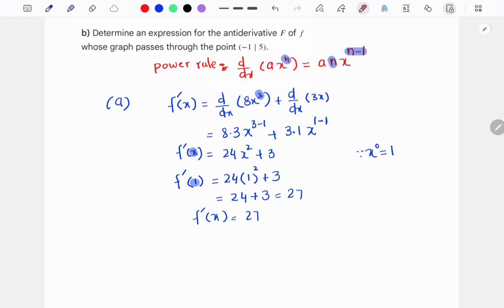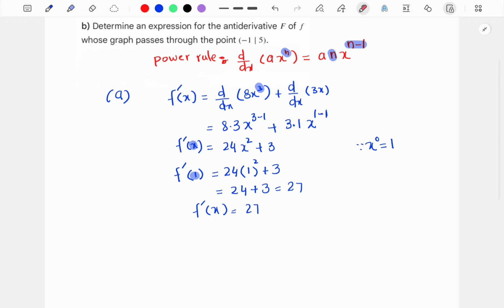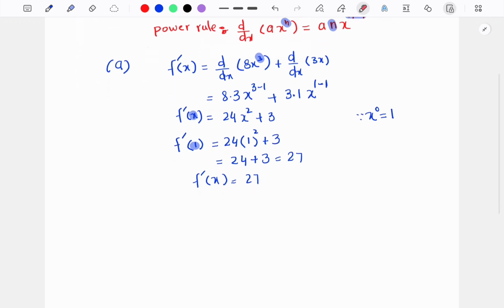So here we can find an antiderivative F of x by integrating f of x. It means we have to integrate f of x, and it will be the antiderivative. Actually, integration is the reverse of differentiation. So one thing is very noticeable over here when we are integrating. The general rule of integration is